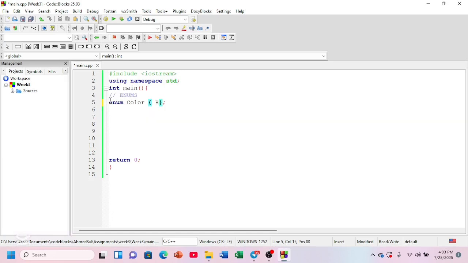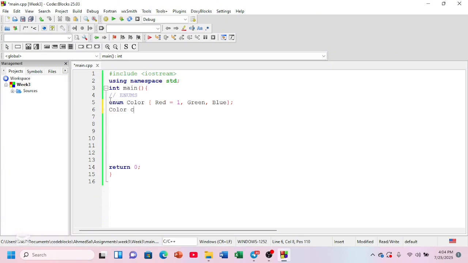Say you are filling out an online form and there is a drop-down selection for 3 options. Select your roles. Let's say student, teacher, and admin. Behind the scenes, the website assigns a number to each role. So student should be equal to 0, teacher 1, and admin 2. Let's take this for our scenario. But you don't have to remember those numbers, you just select the name. That's exactly what enums do in C++. Instead of using numbers like 0, 1, or 2, you use meaningful names like teacher,